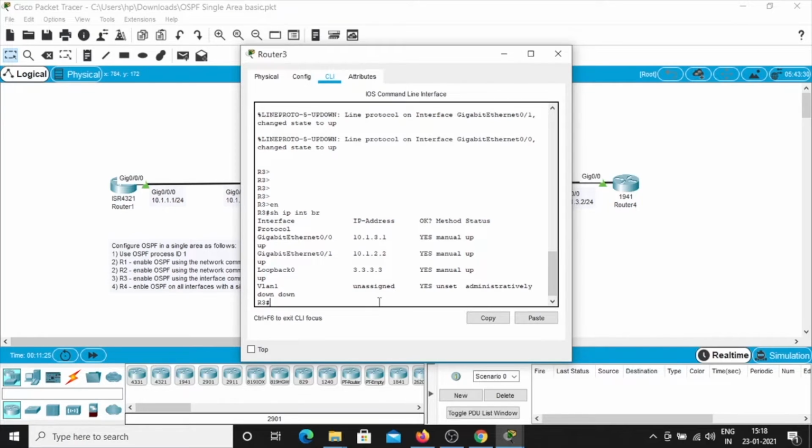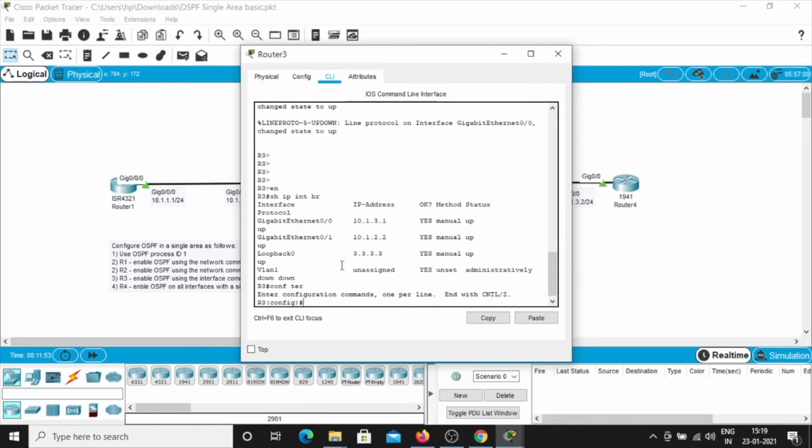The IP address assigned in Gigabit Ethernet 0/0 is 10.1.3.1. Gigabit Ethernet 0/1 is 10.1.2.2 and loopback address is 3.3.3.3. So here what we are going to do is, firstly we are going to type config terminal.